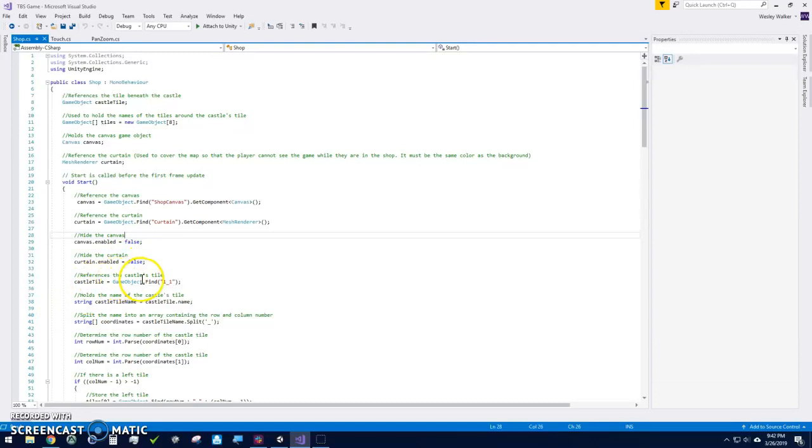Now we'll reference the castle's tile, and right here, I got into trying to use raycast to do this, but that got a little odd. For some reason it wasn't really picking them up. I think it was hitting maybe the castle above it. I may have needed to add it to an ignore raycast layer or something like that. But at the time I didn't know about that, so I just decided to manually enter the game